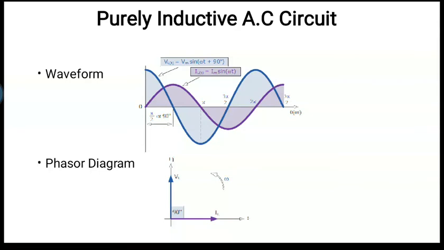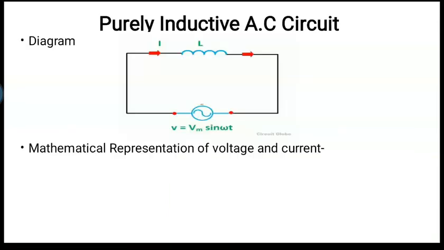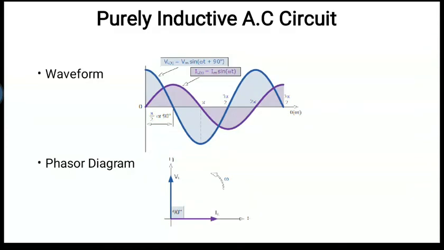So the equation which you can see in the waveform, you have to write it here, at that blank space, while making your handwritten notes. So V is equal to Vm sin omega t plus 90, right? Because it is leading, that is why plus 90. Also, if you don't want to write plus 90, you can write minus 90 in the current equation: I is equal to Im sin omega t minus 90. It is one and the same, right? So this is a waveform equation. This is an equation, and you can see the waveform here also.